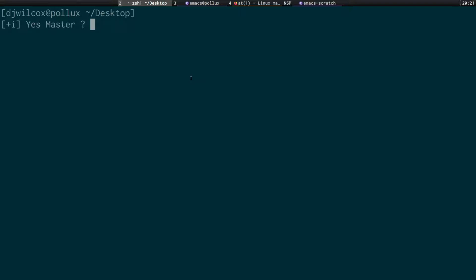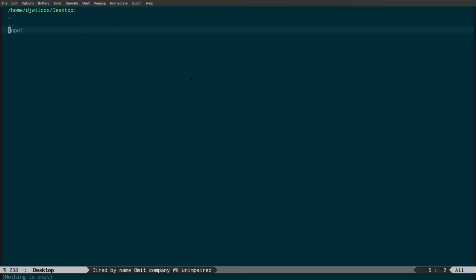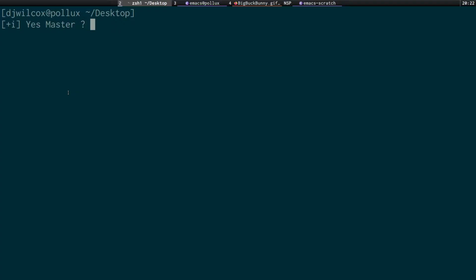So what I'm going to do is show you how you can actually download a file as well. Still not there. So I'm going to grab this link for this GIF here from Big Buck Bunny, and come back to the terminal. And yeah, there we go. It's now created that touch file after a minute. So I'm going to run a command to download that GIF. So at now plus 1 minutes, press return,